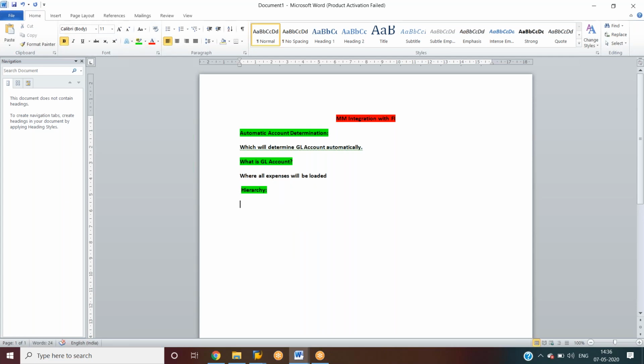So the hierarchy is: material. The second one is material type. Guys, it's a very important concept. Please focus. Material group. Movement types. Plant. Valuation area.